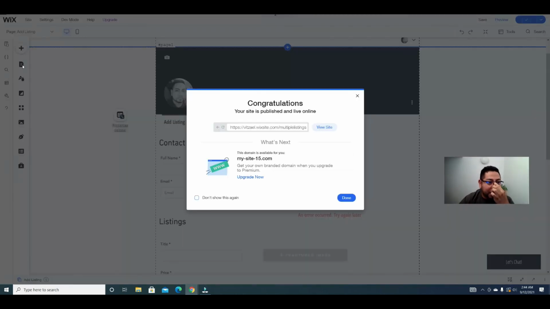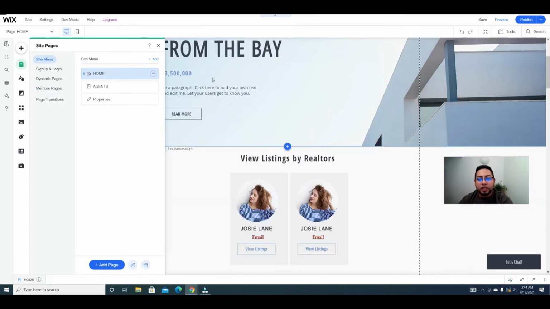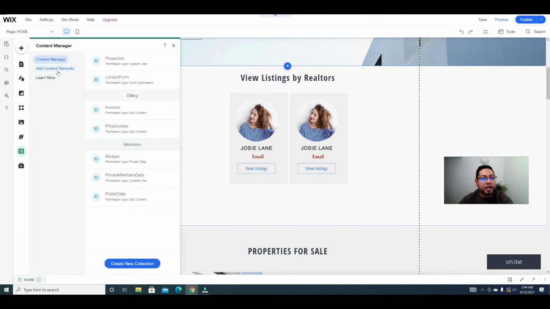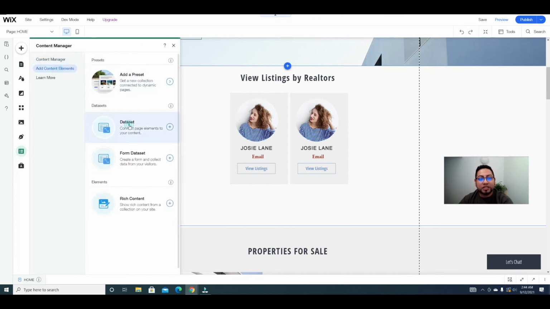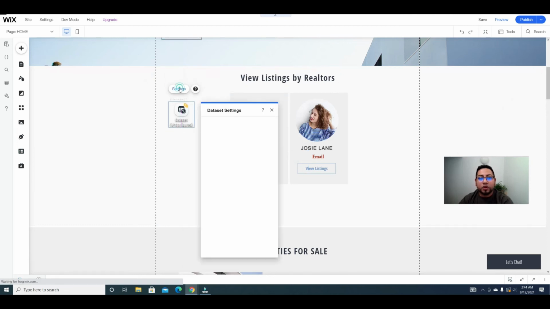Now we're gonna go back to the home page. So we're gonna go back here. We're gonna go to home, and here we're gonna go here on content manager, and now we're gonna add another data set. So data set right here, and then we're gonna click on it. We're gonna go to settings,